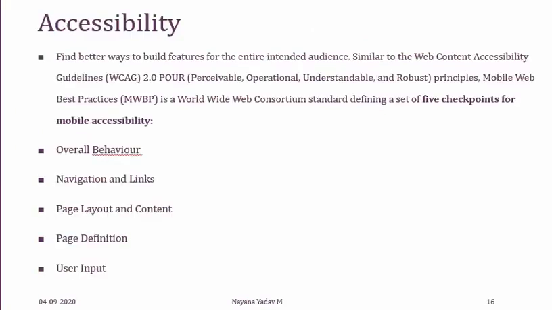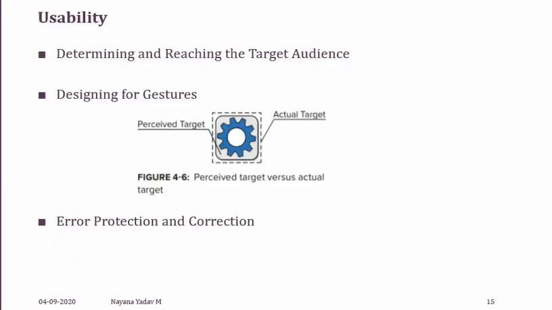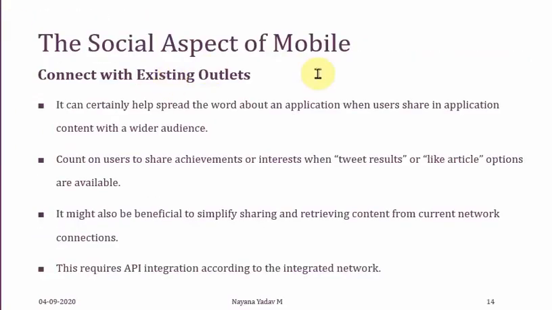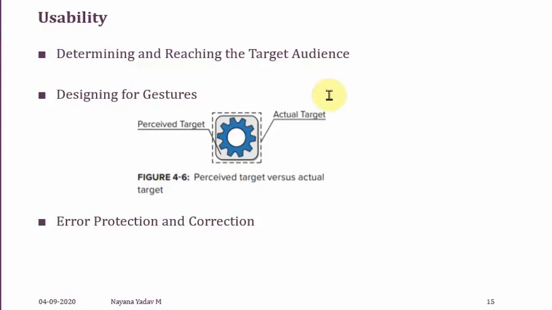Okay. So this is all about the social aspects of mobile. Under social aspects of mobile, first is connecting with the existing outlet. In this, you're speaking about how your information is collected in social media and circulated throughout the globe. That can be for productivity purposes also, or in terms of ratings: if ratings are more, then people going into that app will be more.